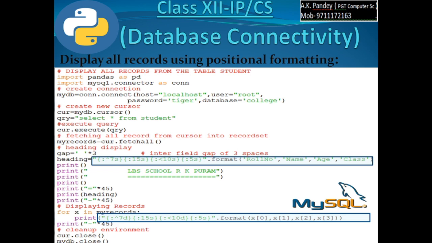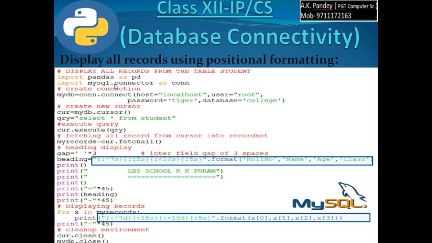Formatting is a separate topic other than database connectivity, so it will be discussed later, or I will create a video for formatting the data using the print function, displaying the data in columnar, column wise at proper place. That will be done later, but you can just view how a report can be displayed in a well formatted positional formatting way.